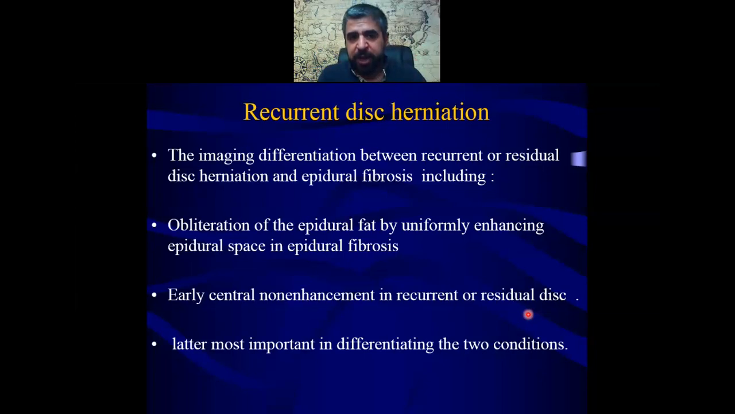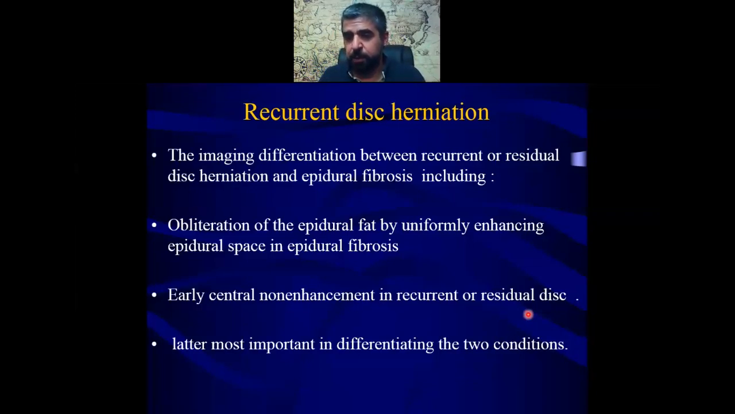So we have to differentiate between recurrent or residual disc herniation, where some part of the disc herniation is still left, not removed surgically, or it was completely removed and there is a recurrent disc herniation, and epidural fibrosis. Is it a recurrent or residual disc, or is it fibrosis? How to differentiate between these two? By taking into consideration the following points. If the obliteration of the epidural fat is by uniformly enhancing epidural space, this is fibrosis, like we've seen in